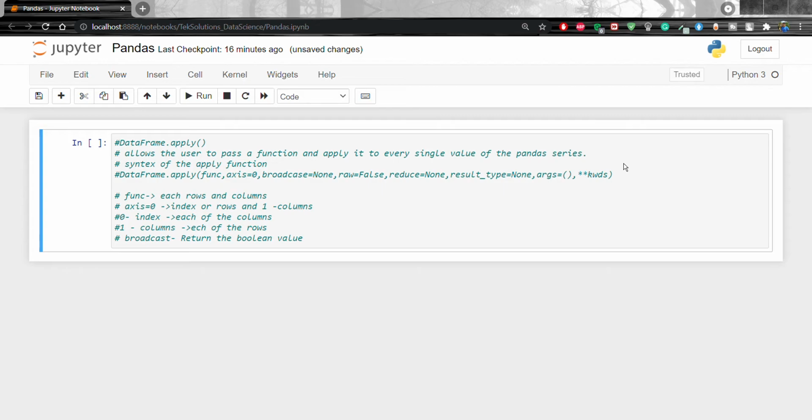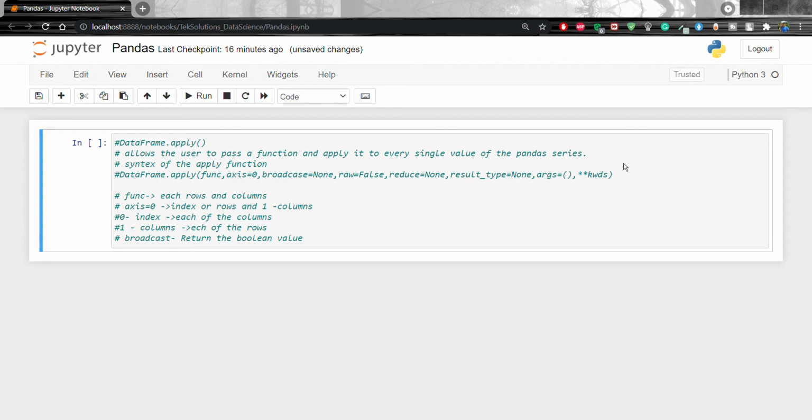The original index and columns will be retained. Okay, so this is clear.